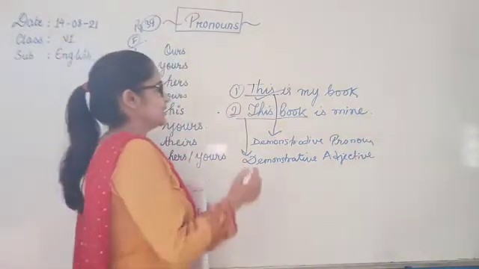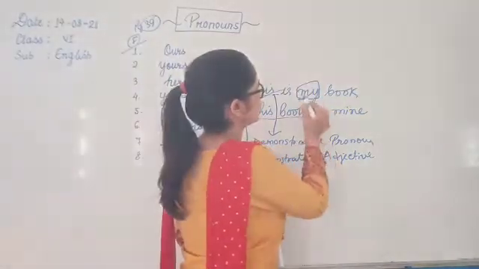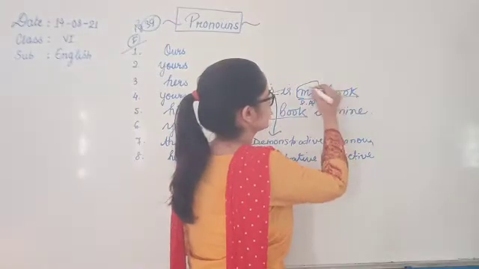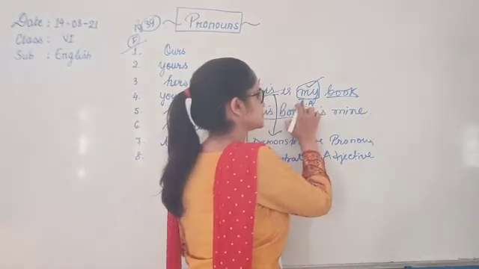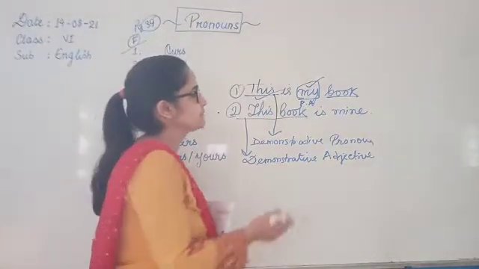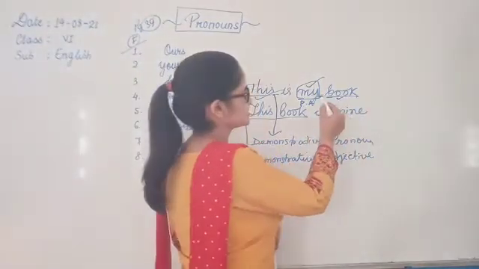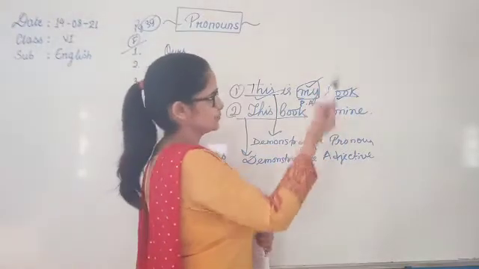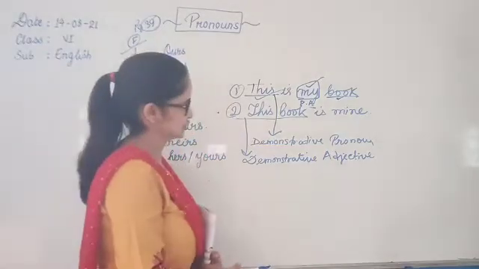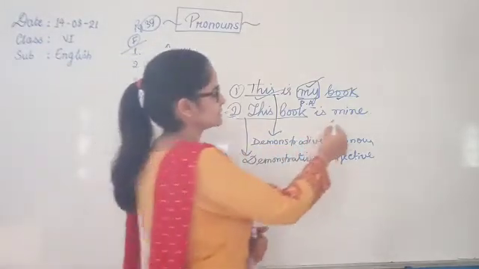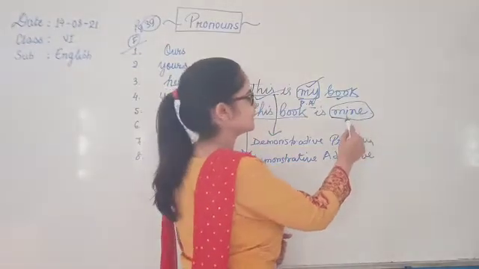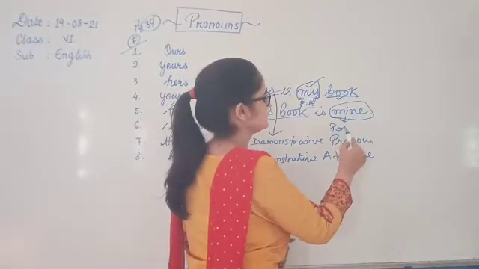So now you can also see here mine. This is an adjective, right? Demonstrative adjective, because it is just placed. Sorry, not demonstrative, children. Possessive adjective, what we have learned just recently, a while ago. So here, see, book is placed right after the word mine, possessive adjective. So we will understand this is not a pronoun. Instead, it is an adjective. Now we can see here this word mine. Children, there is no noun after this, so we will understand that this is a possessive pronoun.